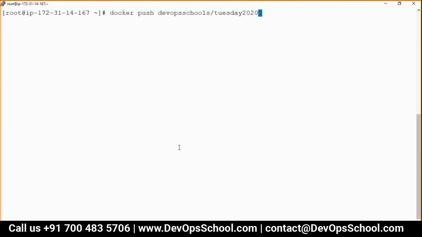See here, when you do the pull, if your Jenkins is in Artifactory, so here Docker pull HTTP IP address Jenkins, like this you will do that. This is one way.